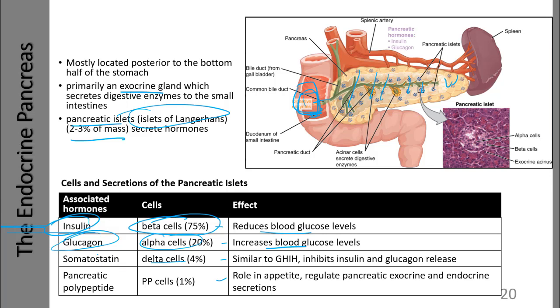The delta cells produce the hormone somatostatin. Again, when you look at the word, somato refers to body, statin is static or stay still. Somatostatin acts in a way similar to growth hormone inhibitory hormone, so it inhibits the release of insulin and glucagon. And then the last cell that I'm going to talk about here are the PP cells. PP stands for pancreatic polypeptide, and pancreatic polypeptide has a role in appetite and a role in regulating the pancreatic